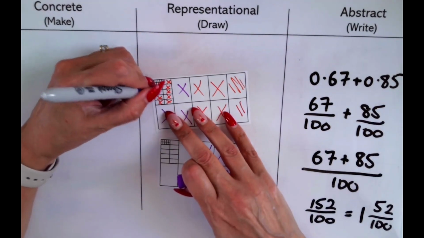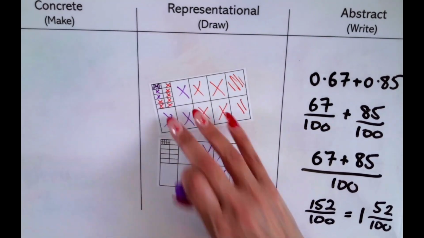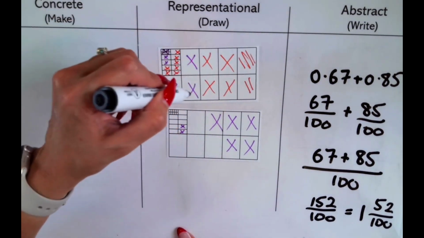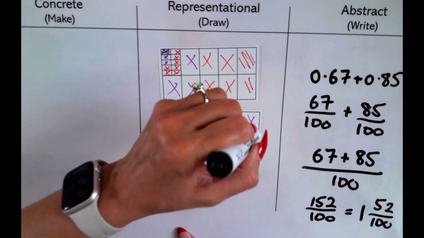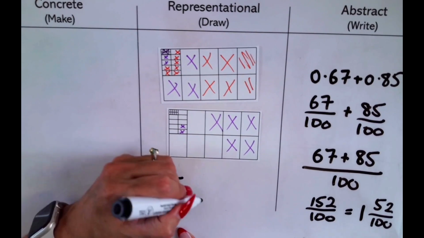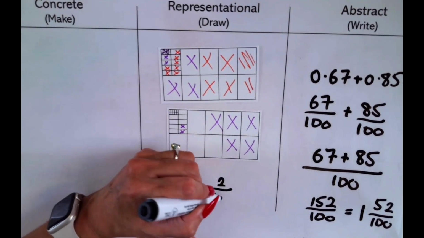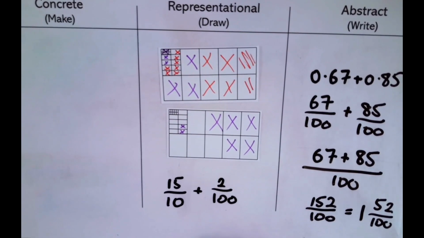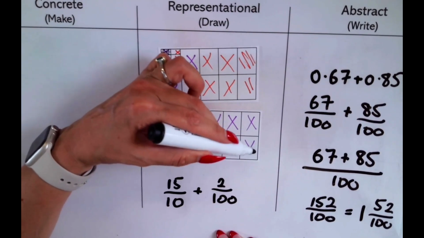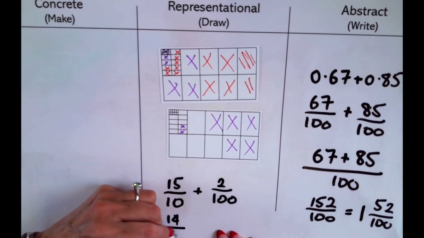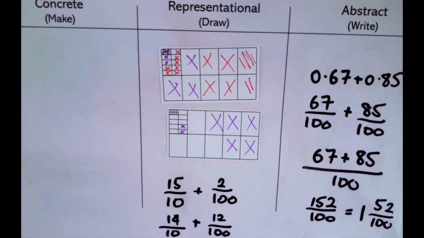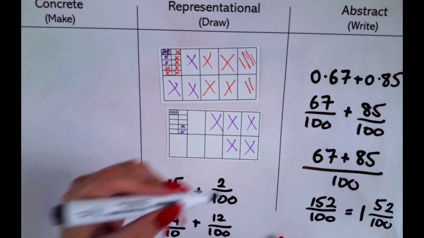So here we've got 15 tenths and 2 hundredths. Or we can write it as 14 tenths and 12 hundredths. Any way you shape it, you're going to get